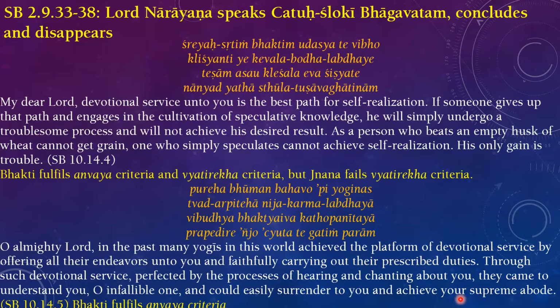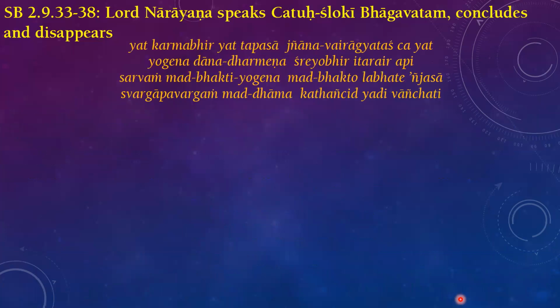So Anvaya is fulfilled. The next verse talks about how by practicing bhakti, one can go to Swarga, one can go to Sayujya, one can go to Vaikuntha also, wherever one wants to go. Bhakti can fulfill all the desires of all other processes. Yat karmabhir yat tapasa jnana vairagyatash ca yat yogena dana dharmena shreyobhir itarair api sarvam mad-bhakti-yogena mad-bhakto labhate anjasa svargapavargam mad-dhama